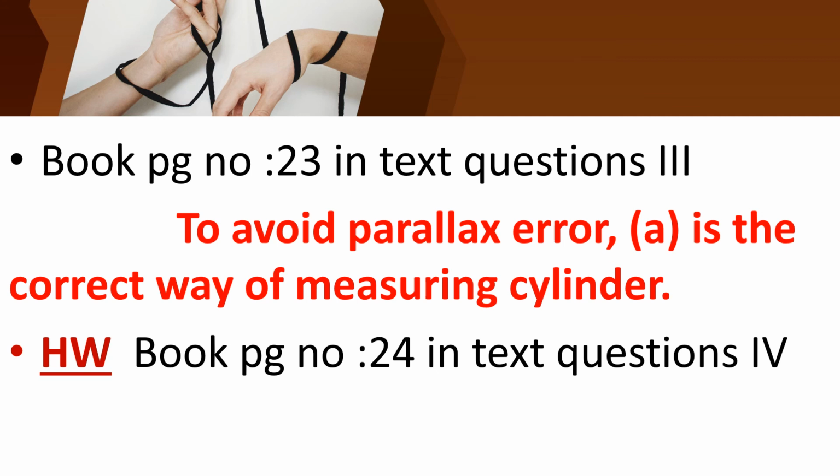If you have a chance, go along with your parents. Okay, children? And you should mention the names of the vegetables or oil. If it is measured by mass, you should write it as mass. If it is apple, it is measured by mass. You should write apple in the mass column. And for volume, it means oil. If you are buying oil, you should mention oil there, in the volume column.